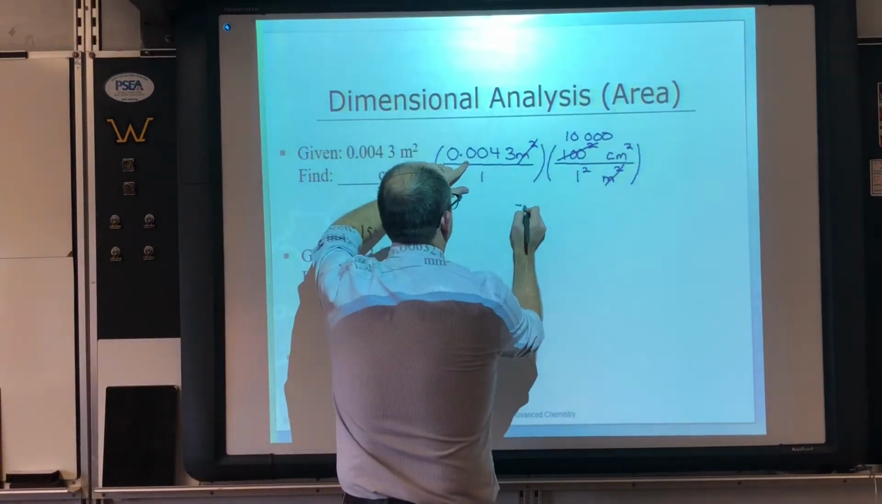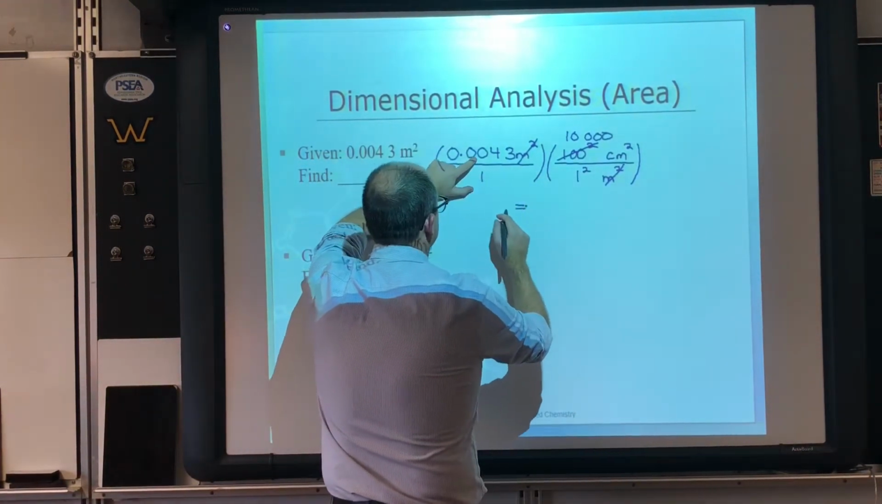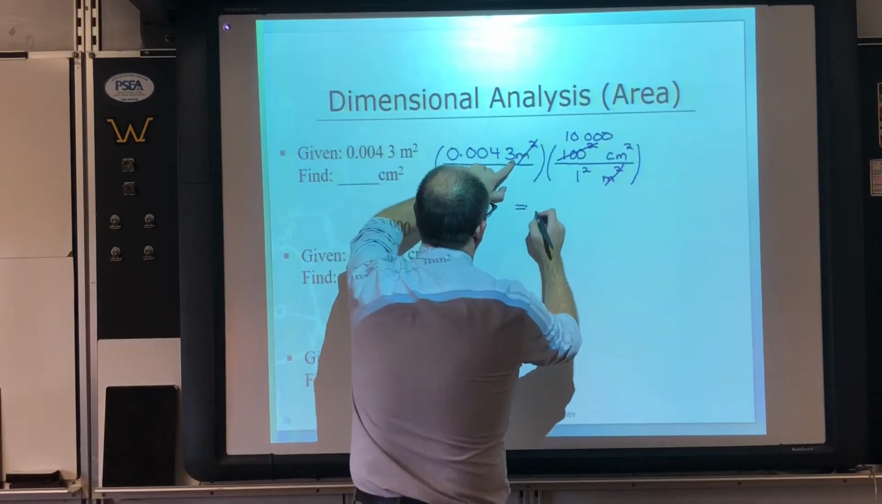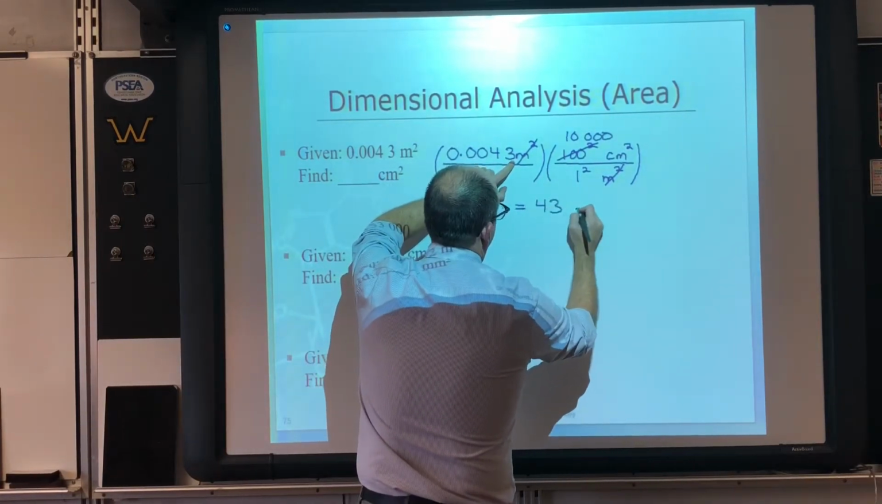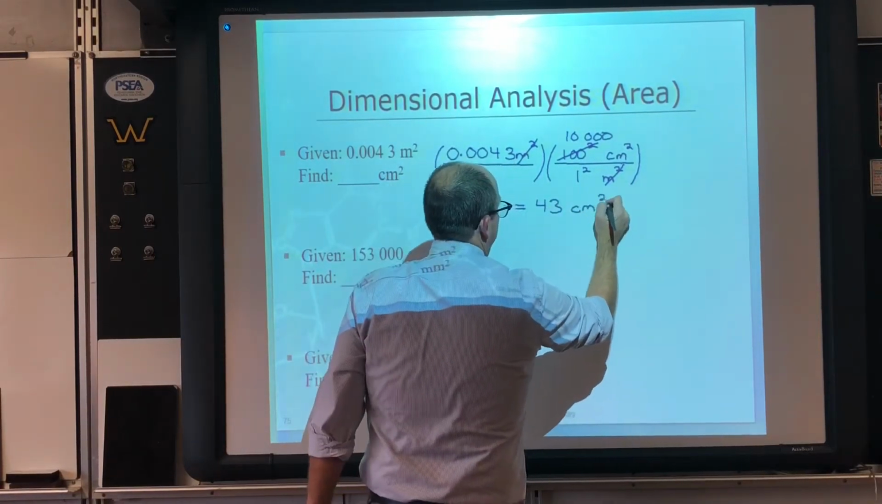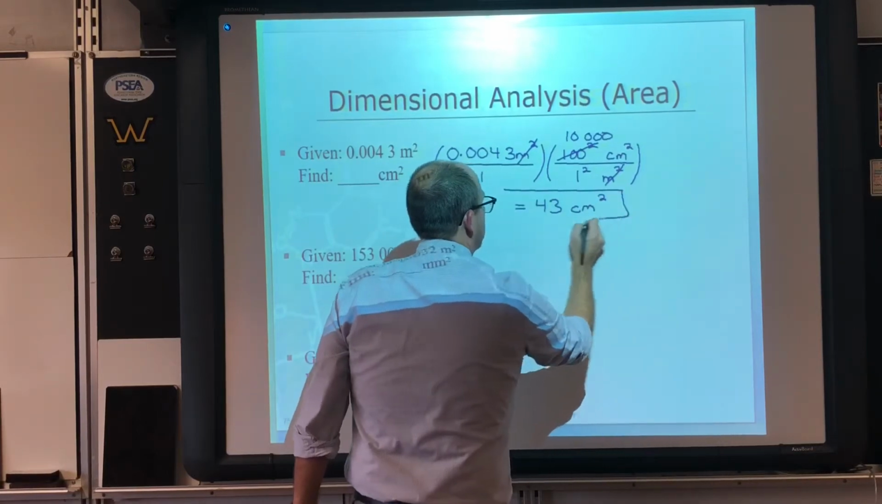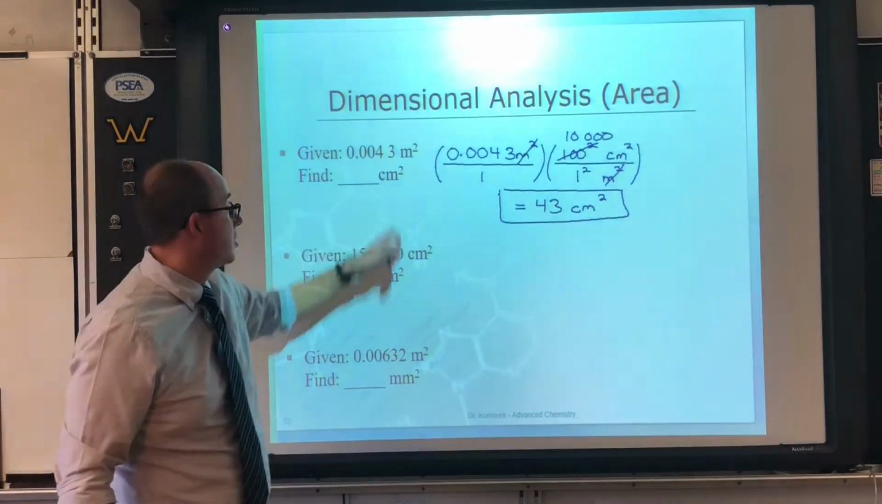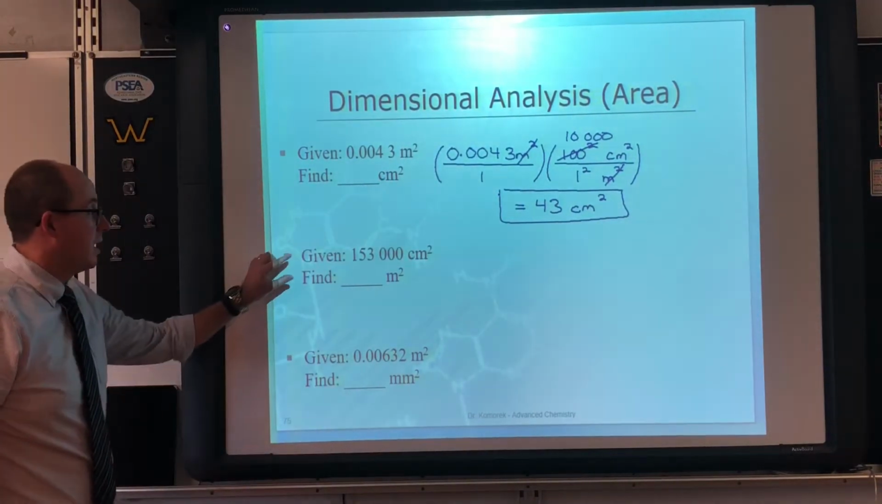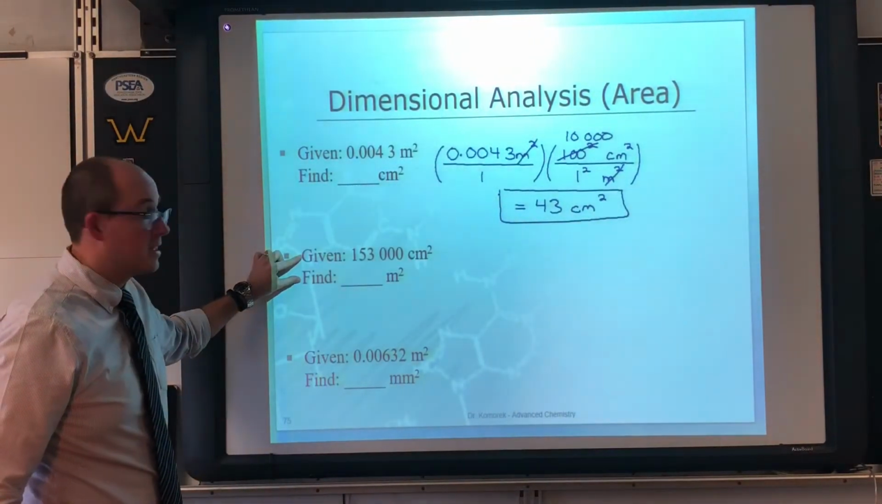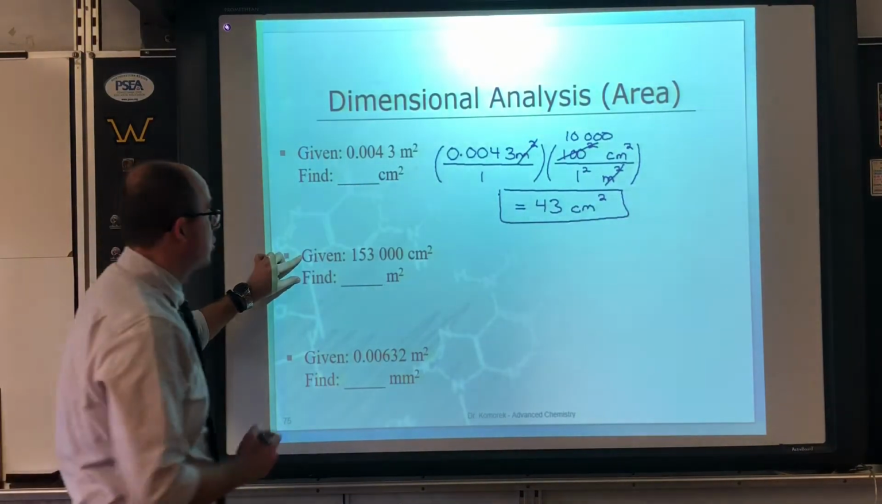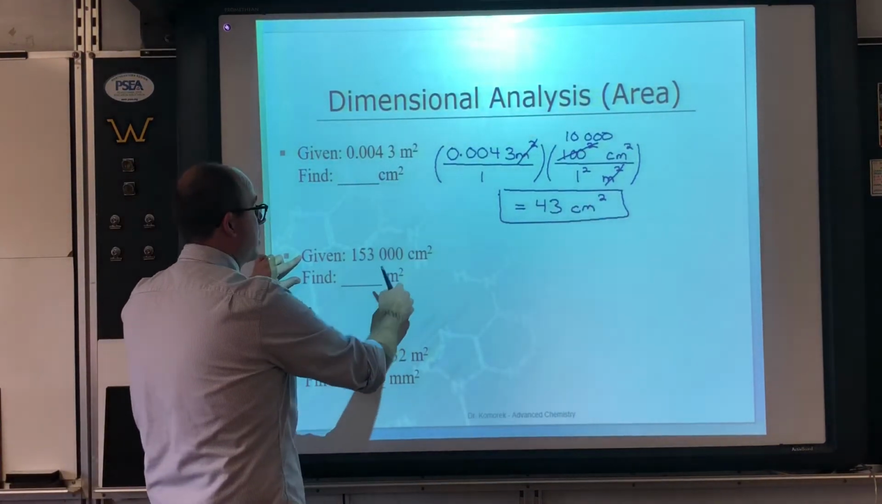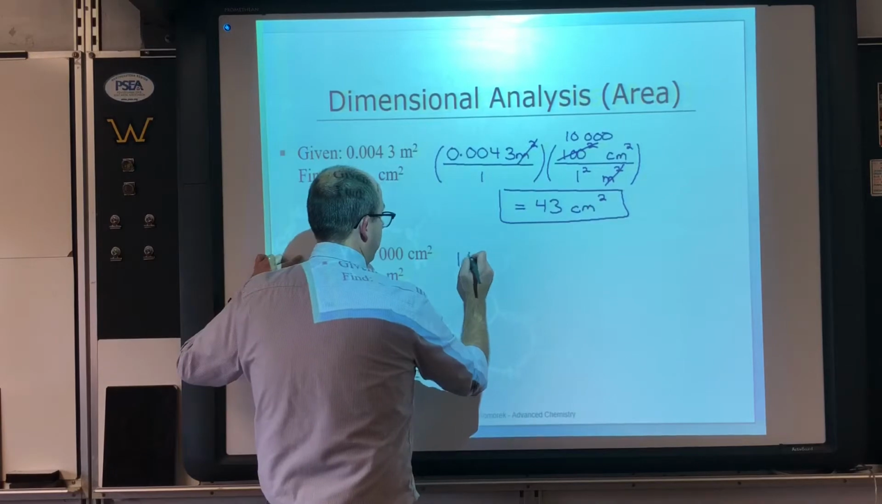So our final solution is 43 square centimeters. 2 significant figures to finish with because we started with 2. Next example is exactly the same, but we reversed it. We're going from centimeter squared to meter squared. Begin with